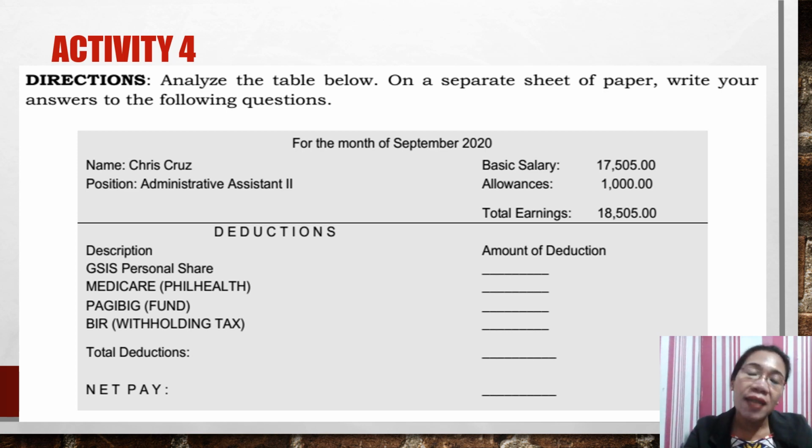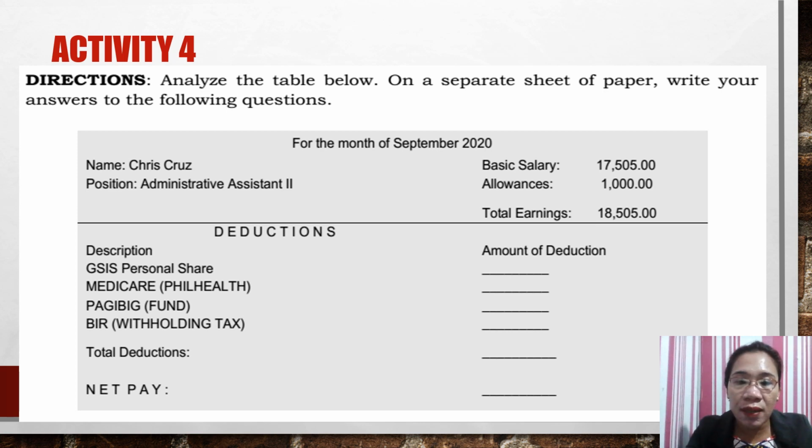Activity 4, directions: Analyze the table below on a separate sheet of paper. Write your answers to the following questions. So, yung questions dito, class, is ano lang naman? Number 1, how much is the contribution of Mr. Cruz to the following? So, number 1 is dito,